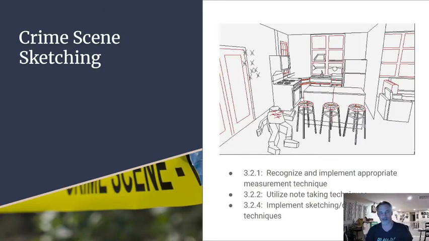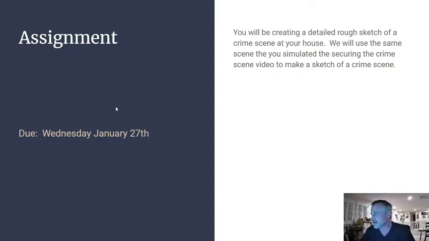You can see those again on Canvas, and I will also go over with you what the next assignment is. There are longer instructions on Canvas, but this will be due next Wednesday. So this gives us a little less than a week. You're going to be creating a detailed rough sketch of a crime scene at your house, and we're basically going to use the same scene that you did the simulation of securing the crime scene with,